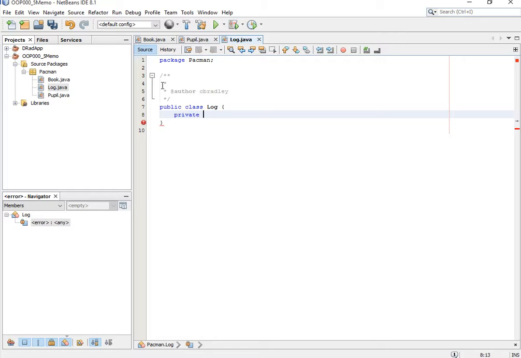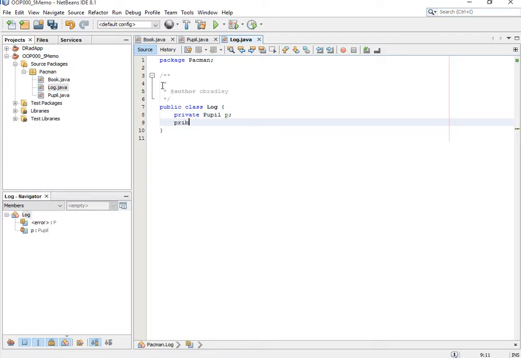Do you guys all know what an access modifier is? Private, public, protected. You guys don't need to protect that. So it's asking for a private pupil P. So you actually physically hold the pupil in the log, and a private